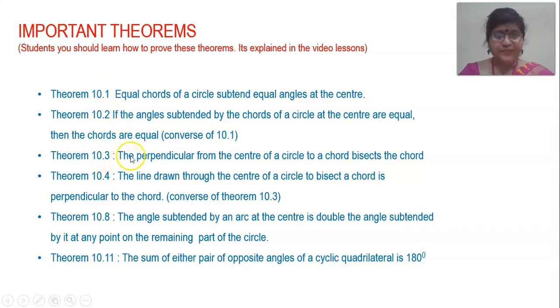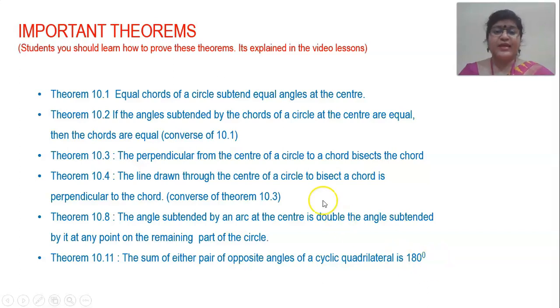Then 10.3, again a very important theorem. The perpendicular from the center of the circle to the chord bisects the chord. And its converse. Its converse is theorem 10.4. Then theorem 10.8, the angle subtended by an arc at the center is double the angle subtended by the same arc at any other point on the remaining part of the circle. Theorem 10.11, wherein you have to prove the sum of either pair of opposite angles of a cyclic quadrilateral is